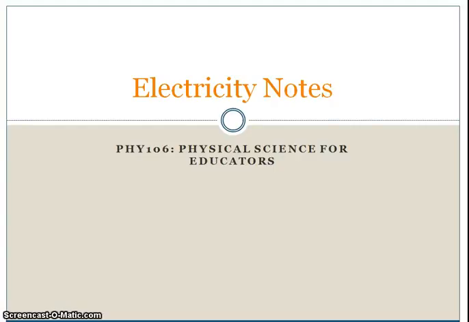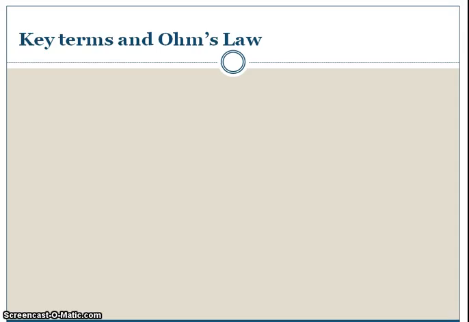In this screencast, we're going to take a look at some notes on electric circuits, key terms, and something called Ohm's law and how that applies to different configurations of circuits called series and parallel. So if you find a spot in your workbook where it has some of these key terms, you can write